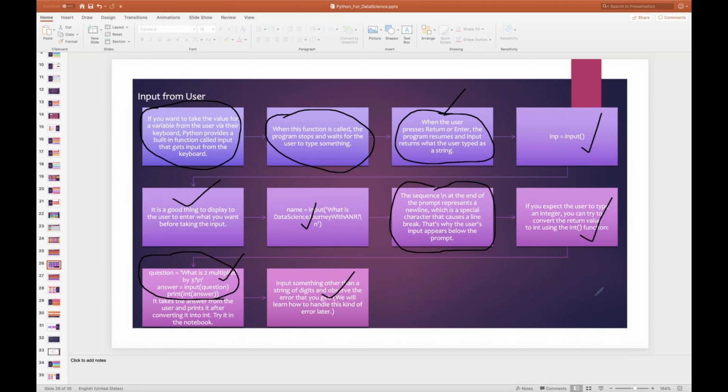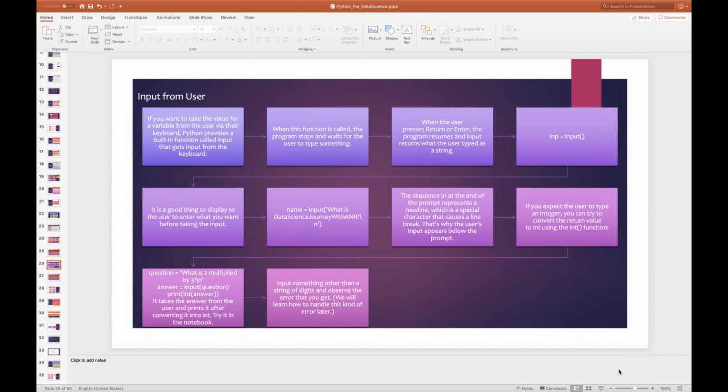Now let's go and do some good work on this one. In this slide, all you need to understand is how a user can input a value to a function, so the function can take the value and give the result. The only point you must be aware of is you need to have a variable name, and your value should be stored in that variable, provided you tell Python that it is going to be an input from the keyboard. That's all I can say.